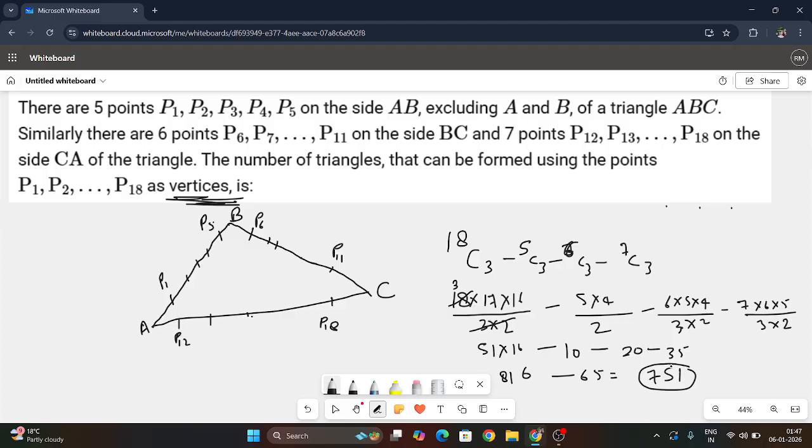Okay, I hope that it is clear to you and you understood this concept. And still if you have any doubt, any confusion, you can ask me. Okay, and in upcoming videos I will continue uploading videos of permutation and combination,